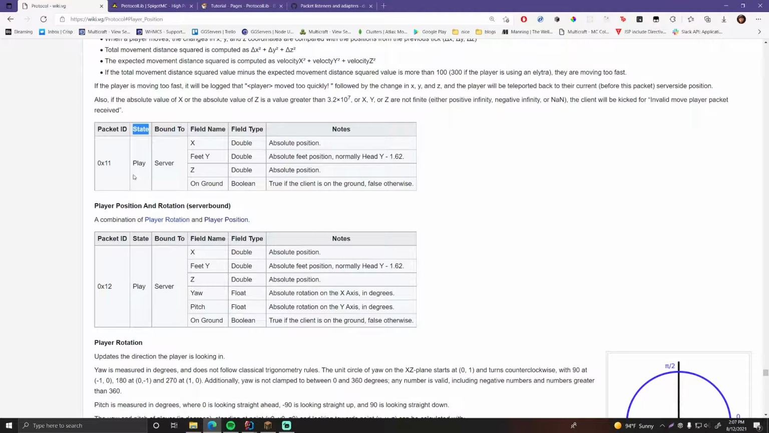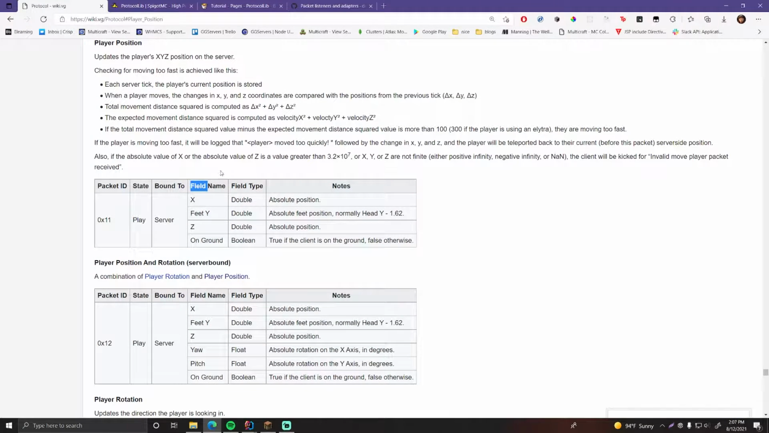So we have the state. This is a play packet. You have a bound to, meaning that it's headed to the server. So it's from the client to the server. And then you have the field name, which is like how you know what you're trying to access. So in this case, since it's a position packet, the information that we have stored within that packet makes sense to be the X, Y, and Z coordinates of the player. And also we have another field here, on ground. It's a Boolean that tells you if the player is on the ground or not. So that's cool information. But the most important ones here are the X, Y, Z values of the coordinates of